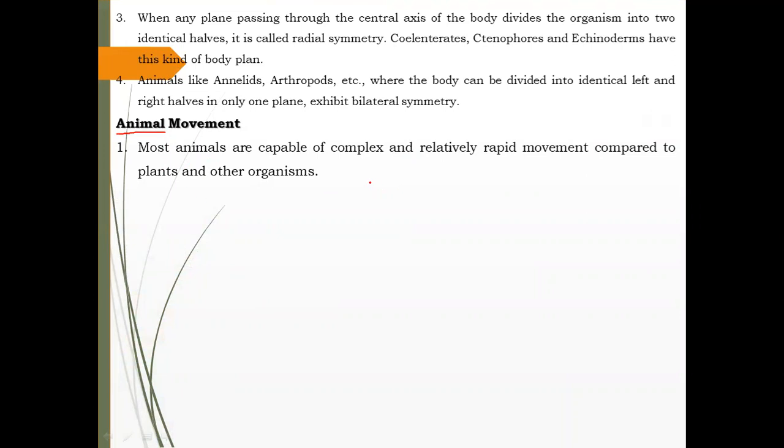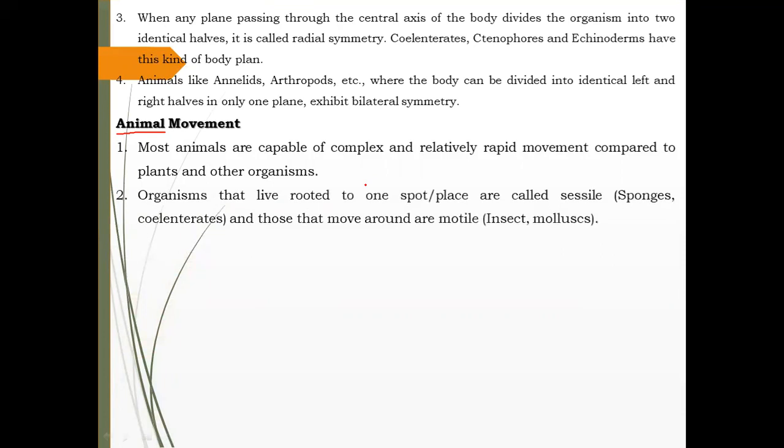Most animals are capable of complex and relatively rapid movement compared to plants and other organisms, with the help of different locomotory organs. The animals show this phenomenon. They are able to show rapid movement, or they easily transfer, they move from one place to another place compared to other living organisms. For example, plants and other living organisms